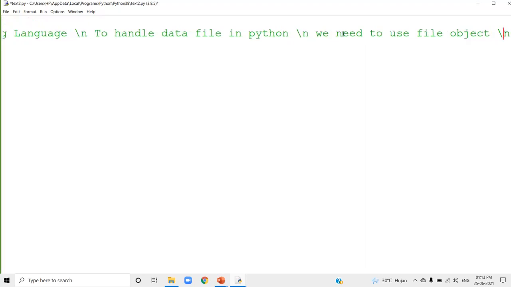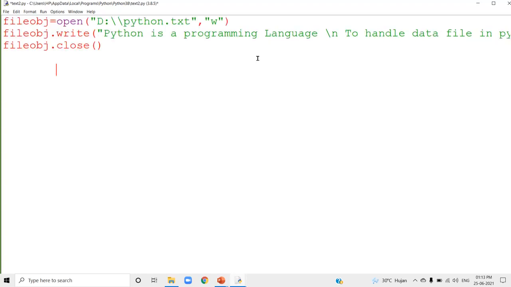So this is the current content of the text file. I just use \n because it represents individual lines of the text file. So now there are 3 different lines in the text file. Now I am going to start the program here. First I have to read the entire content of the text file. Last class we studied the use of the read method. By using the read method, you can read the entire content of the text file.